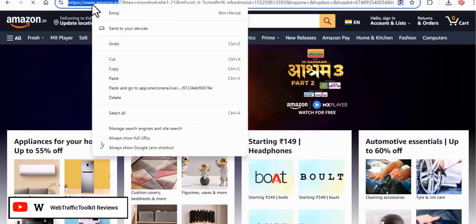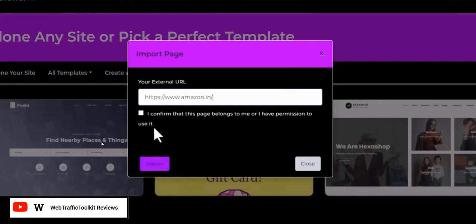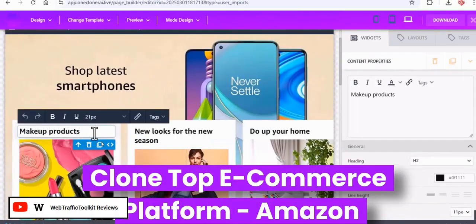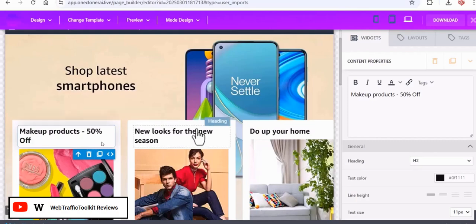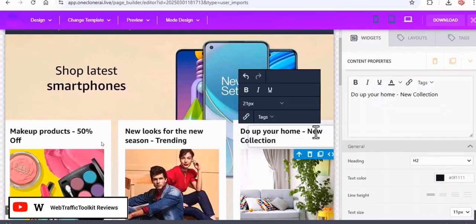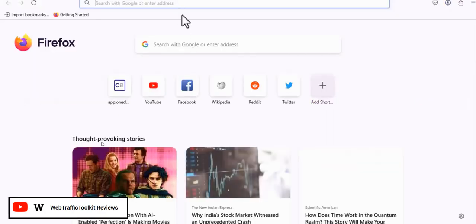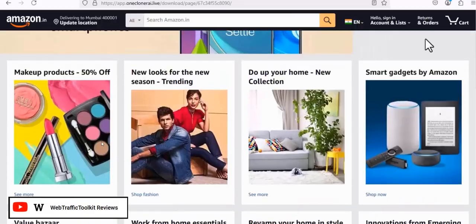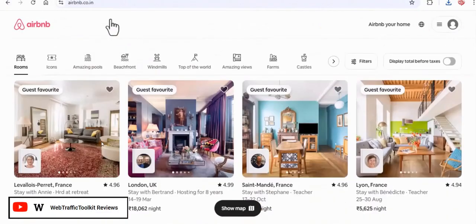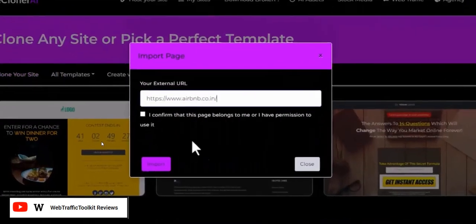So there is a checkbox that says, I confirm I have permission to clone a website, but most people aren't really going to ask permission for someone else's website to clone it unless they're promoting their product as an affiliate, for example. And obviously you're not going to try and rip off the Amazon website, because you're not going to get away with that. I think the best use case for this is to clone landing pages that are pre-selling affiliate